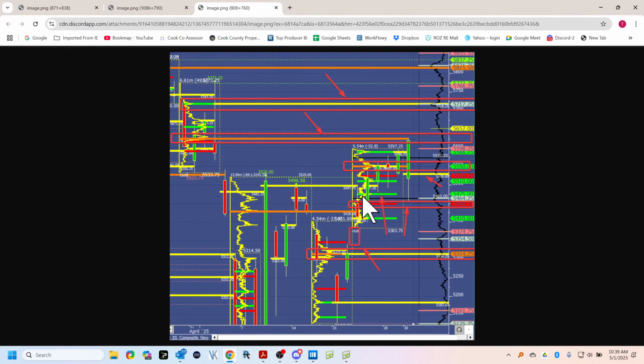And where's our support? 75 and roughly 50-ish, 49.25. And the low of the day was like 54 or something. I don't know. But where did we end up? We put in an outside day. Why does the market go down here, you're saying? Well, we don't know it will, but we do know it might.